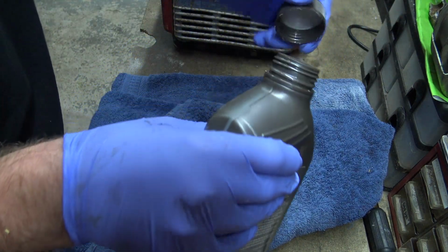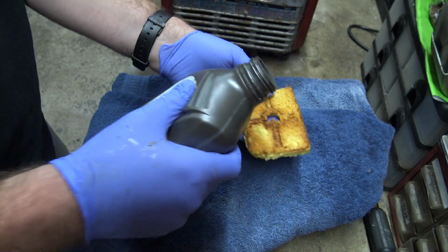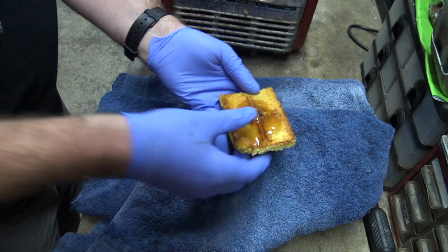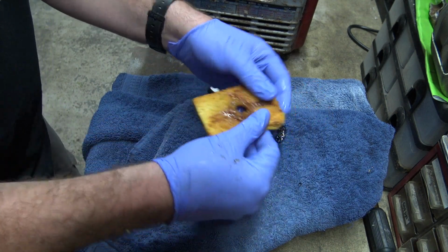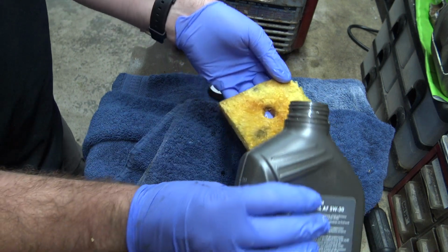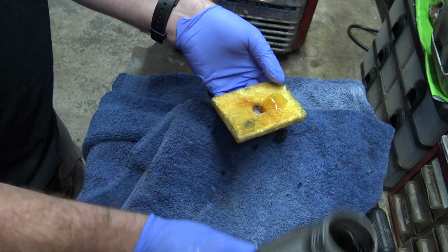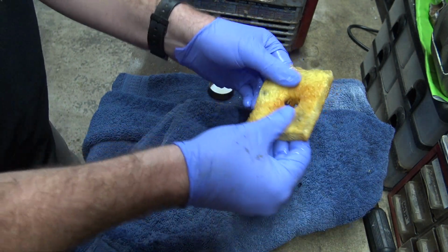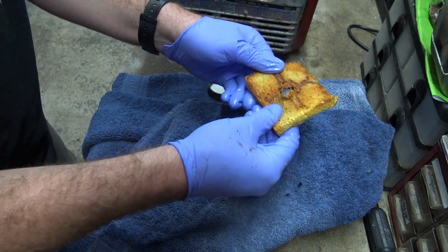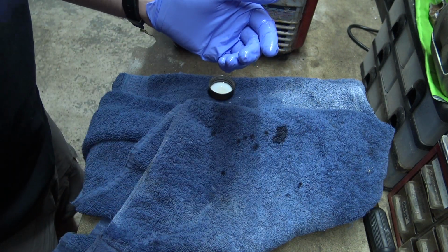Some of you are probably going to be saying, oh, you shouldn't put 530 in that engine. It will call for 1540, 530's too thin, or whatever. But 530 it will do for now, it'll be fine. It's not going to be a major problem, that's for sure. There you go. That's bathed in oil,